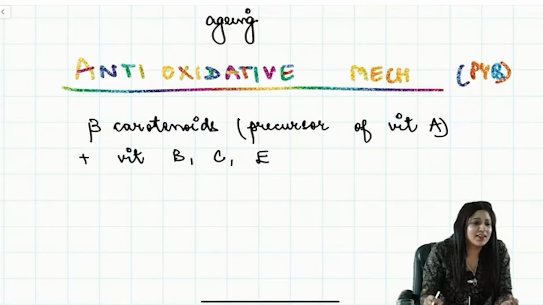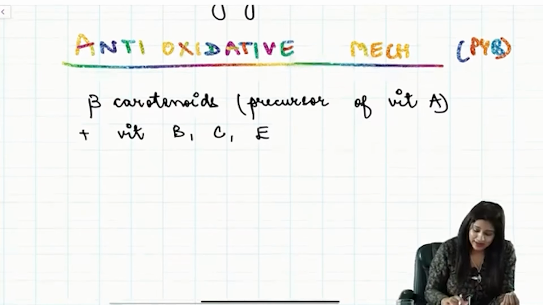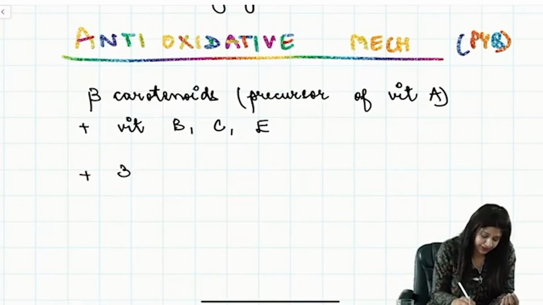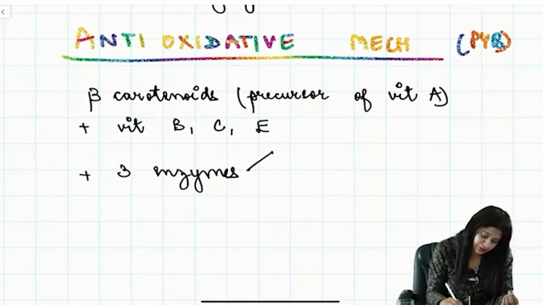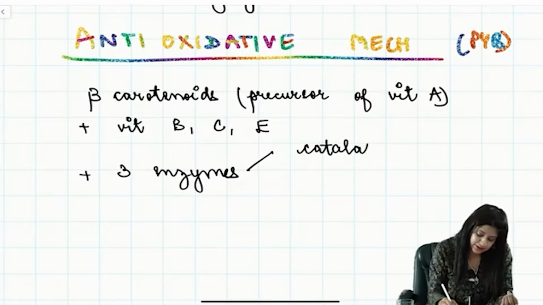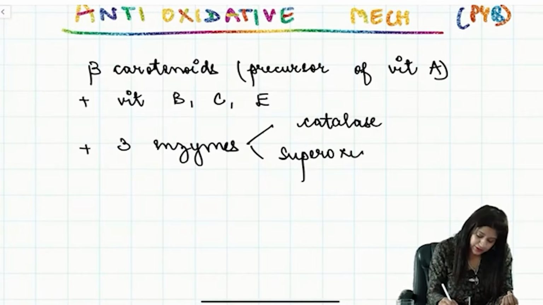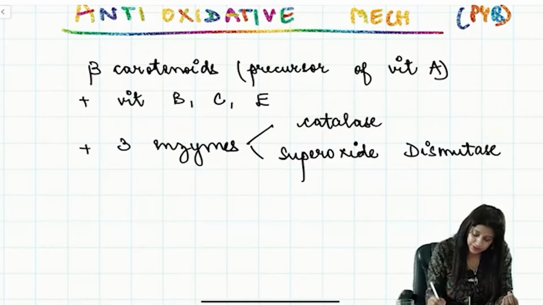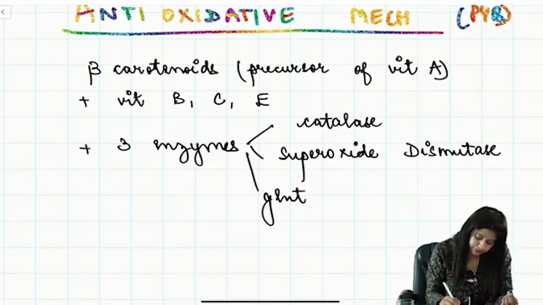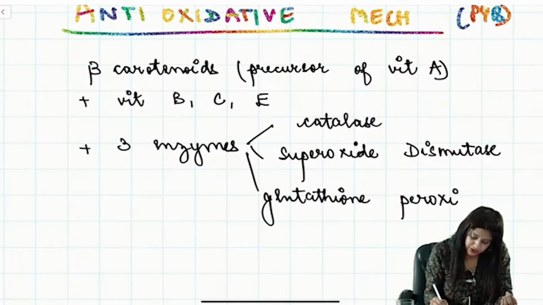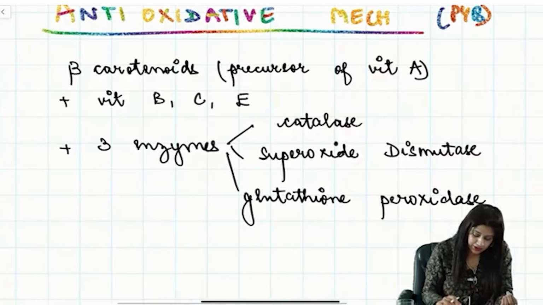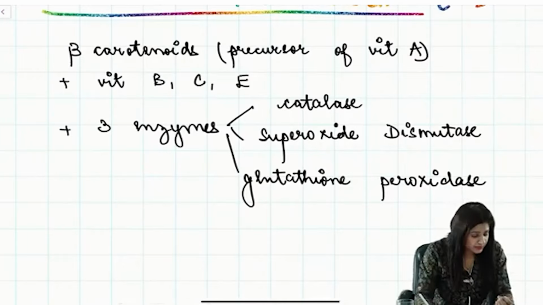Along with vitamin B, vitamin C, vitamin E होगा, and along with this we have got the 3 enzymes also. 3 enzymes में one is catalase, then we have superoxide dismutase, very good, and then third is glutathione peroxidase. These are the 3 enzymes. कैटालेज,